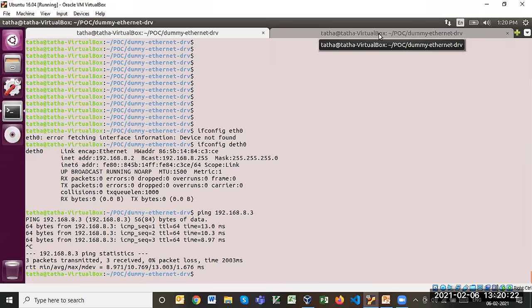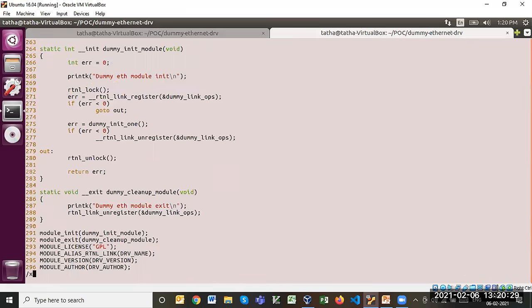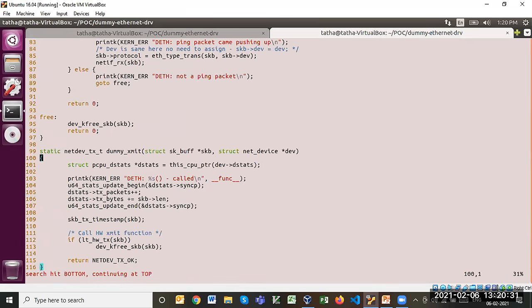Xmit? Yes, we are calling that Xmit function, but because I do not have any hardware, the Xmit function will not actually send the packet, right? So what it does is loop the packet back to the dummy hardware. It will now send it via the LW hardware TX. This should be replaced by the original hardware driver.